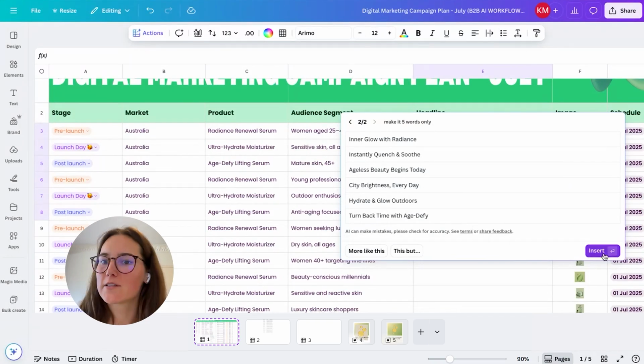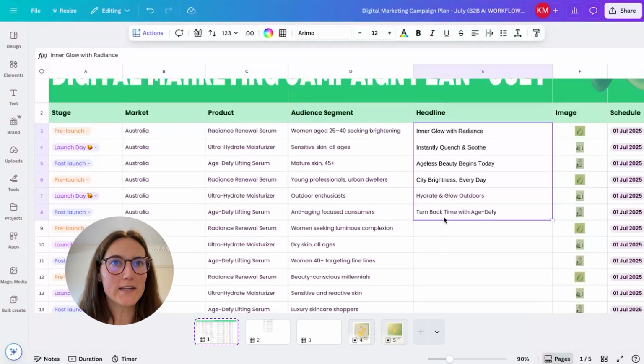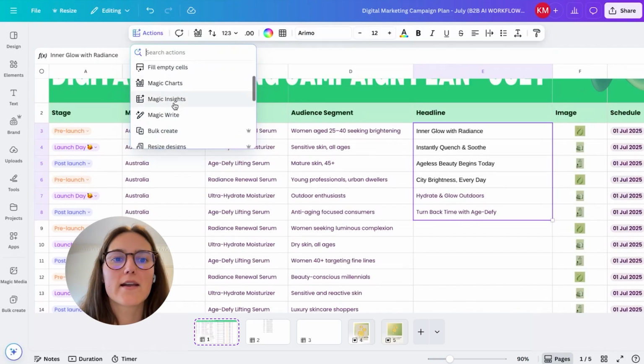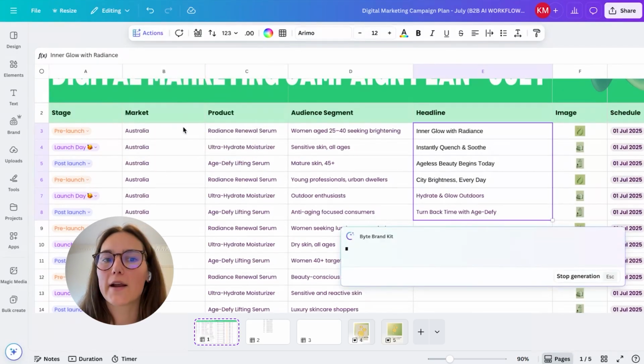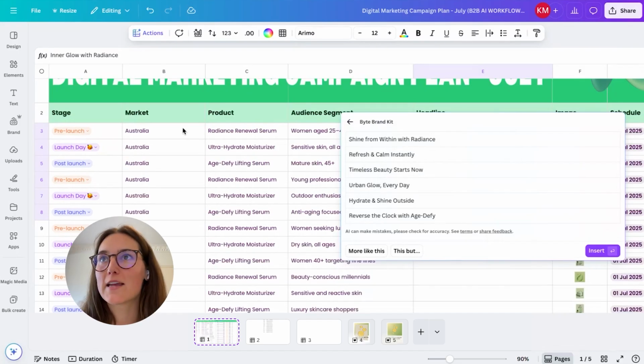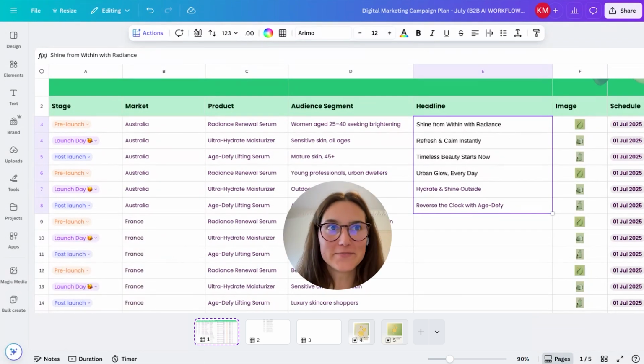Amazing. So I'm really happy with those. I'm just going to click Insert, and now we have some headlines for our product ready. And if we want to keep everything perfectly on brand, you can actually head back to this Actions toolbar and click Apply Brand Voice, which essentially takes all the information that you have in these cells and makes it in tone with your brand. So there you have perfectly on brand captions for your products, for your certain segments, all within Australia,